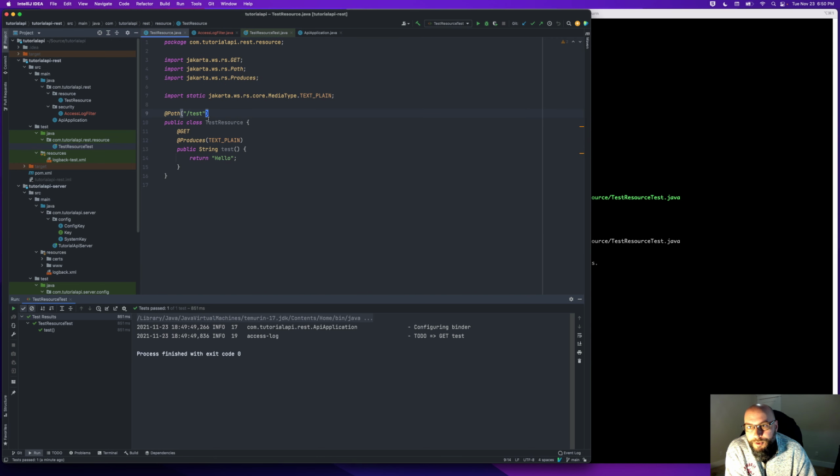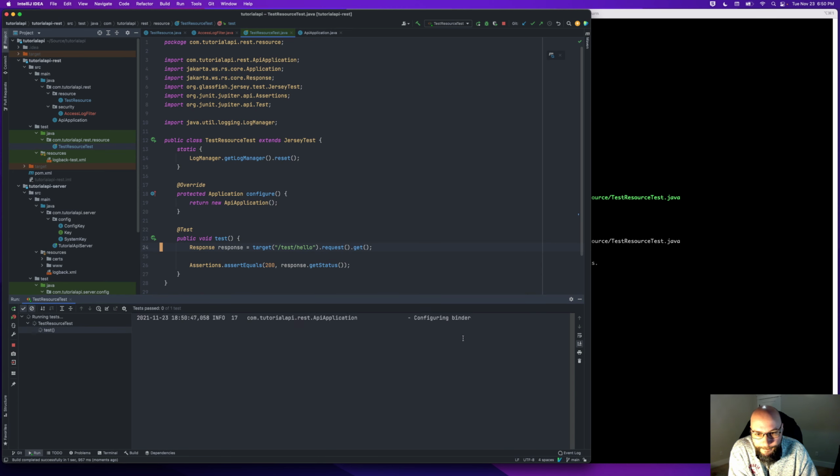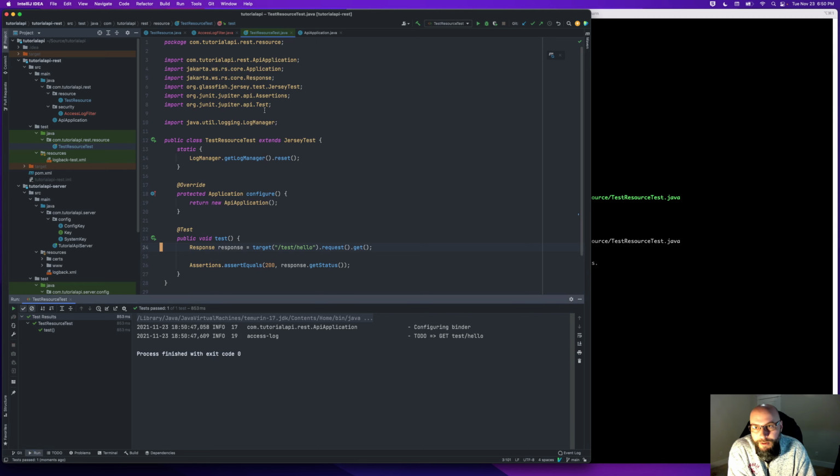Now, if I change this and make this a little bit deeper, test, whatever, hello, and then update our test to hit hello, and then run this again, we should get test/hello. Okay, there we go. So we don't get an initial slash, which is a little bit annoying maybe, but I guess it doesn't matter that much,